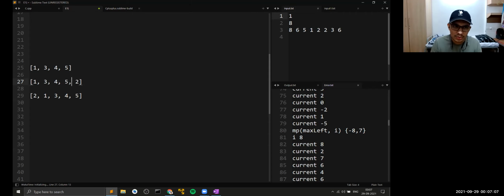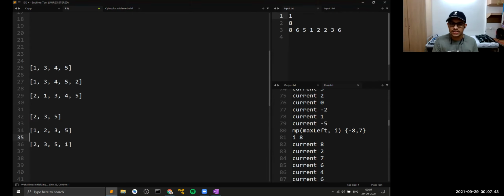Now, similarly, if I tell you your DQ is something like this, 2, 3, 5, and I tell you to insert a 1, where would you insert a 1? Would you insert it at the start or at the end? Let's just make 2 cases here, at the start and at the end. Here I would have 2, 3, 5, 1. Now, can you see that since 1 is lesser than 2, if I insert 1 before 2, my lexicographical order would improve.